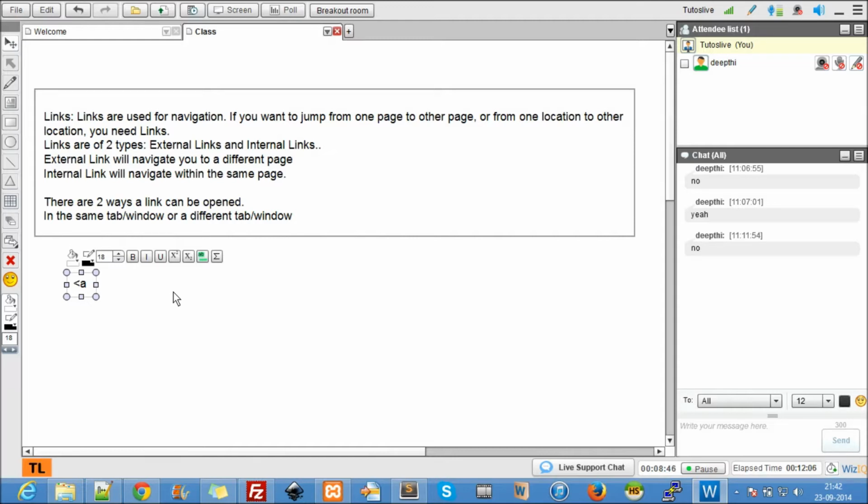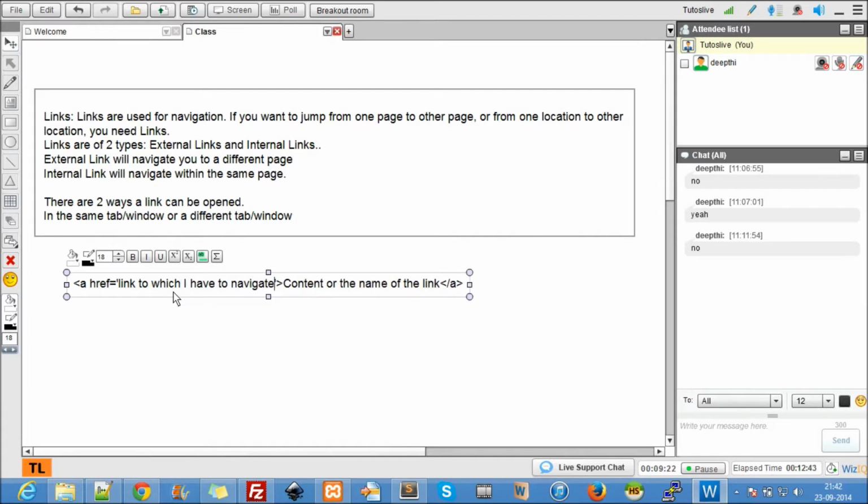So now here is the content or the name of the link. Now whenever I click on this, it has to go to a new page, or it has to go to a new location. So how do we control that? We control that using an attribute called href. This is nothing but the link to which I have to navigate.